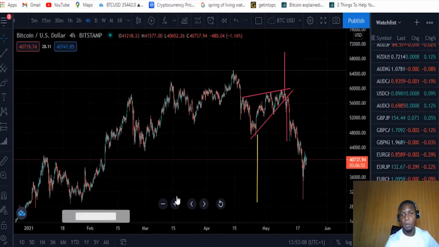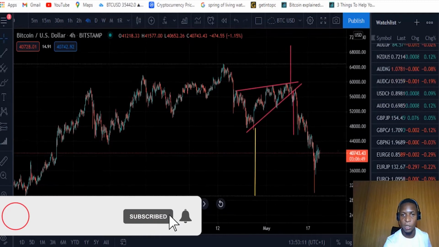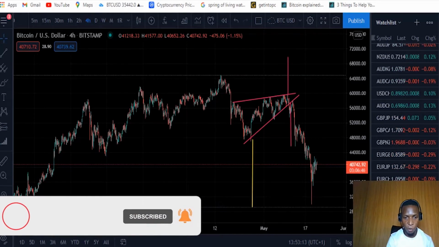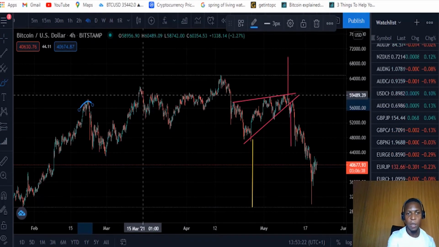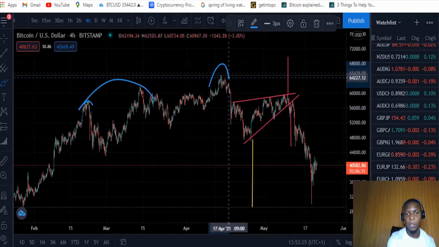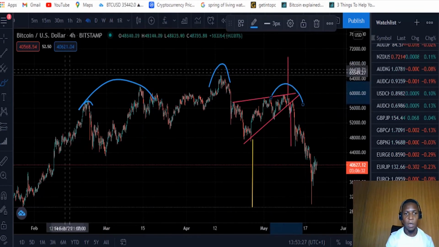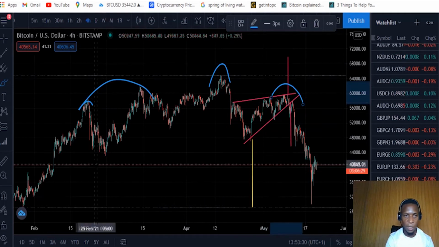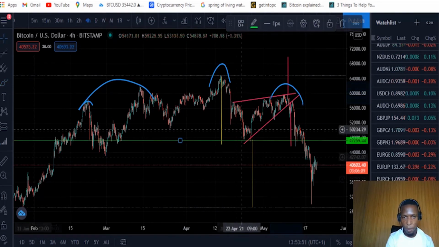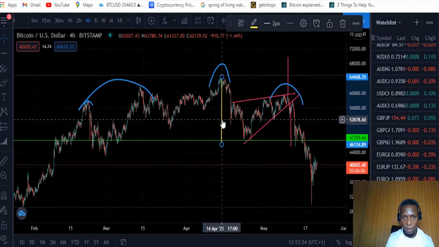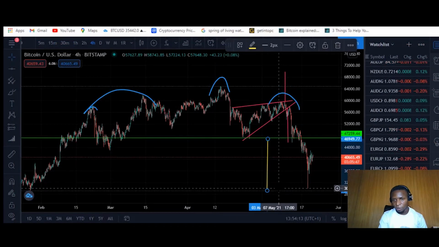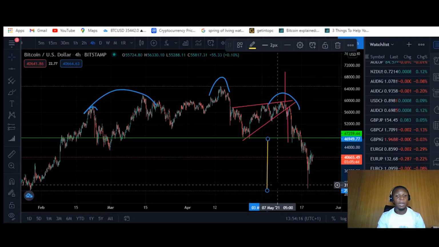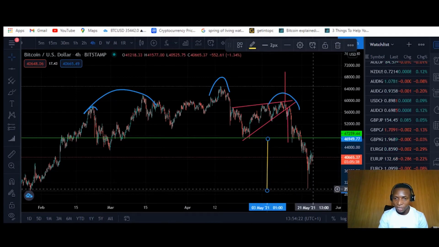Before this drop, we were actually giving you the possible scenario, like we cited for you, as many of you are following. This head and shoulder here: left shoulder, head, and right shoulder, with the possible target measured from the head to the neckline. So we were predicting a dump to 29,000, which was a less possible scenario, as back then we didn't really know that it would play out, but perfectly it met up with the target.